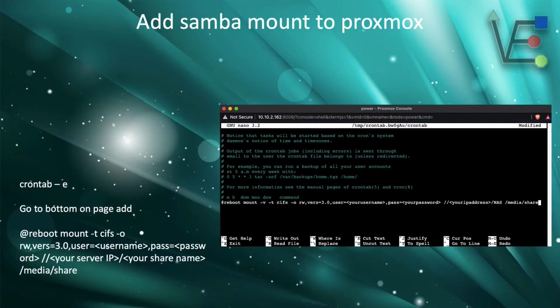To do this, we use the crontab -e command to open up the crontab configuration file. And at the front of our command, we're going to enter the @reboot command, followed by mount -t cifs -o rw,vers=3.0,username=your Samba share credentials,password=the password of your Samba share credentials,